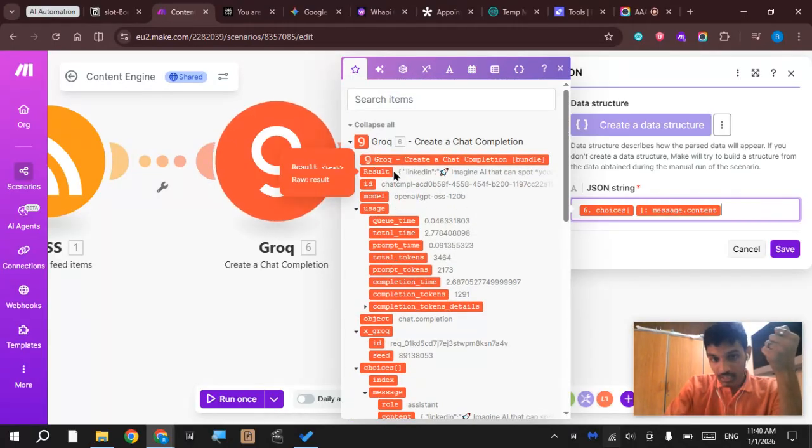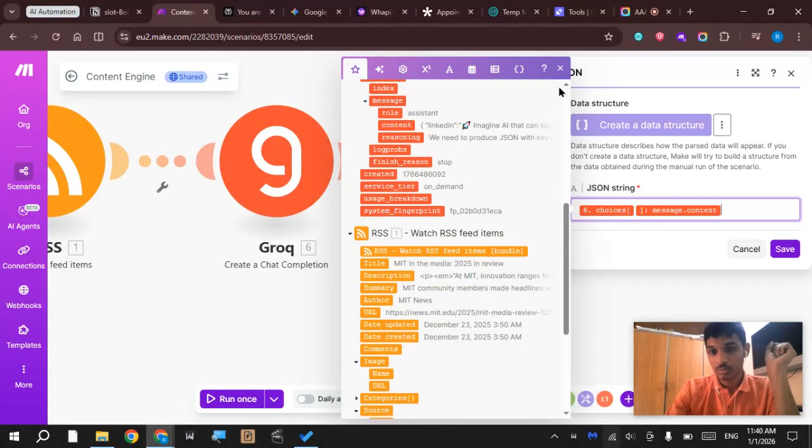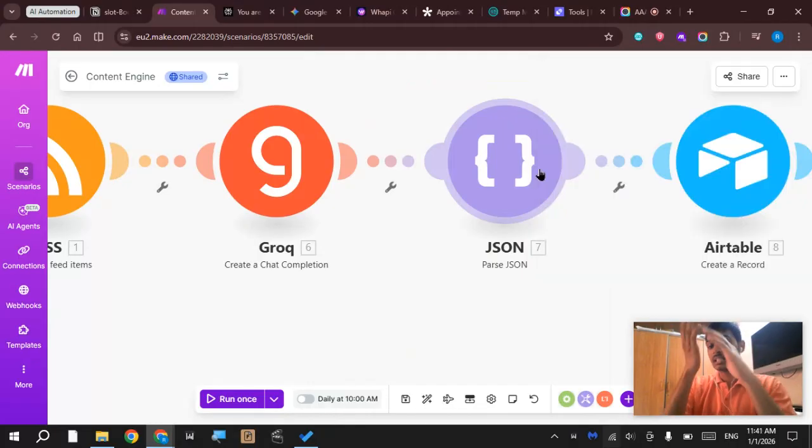As you can see here, it is providing the output in JSON format, which has a string type, not a bracket, and inside there is a string for the key. This is the key and this is the value. So once I'm passing this, the parse JSON will take the entire JSON and separate them based on the key